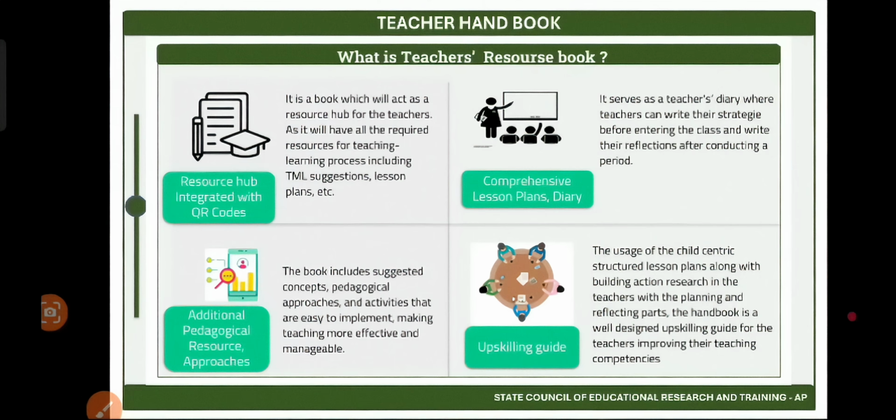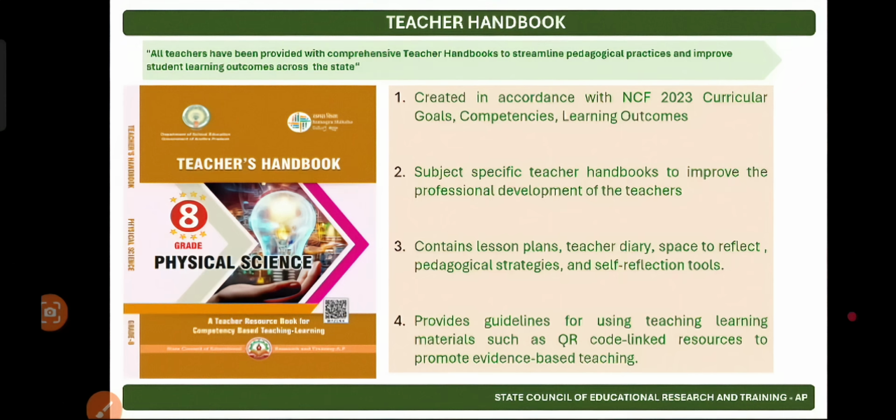Ultimately, the teacher resource book, the teacher handbook, is an upskilling guide, and we dispatched 51 handbooks with 490 plus chapters and 7,000 plus period plans. This handbook is prepared in accordance with the curricular goals, competencies and learning outcomes of NCF 2023, and also according to NEP goals, and it contains subject specific teacher handbooks to improve the professional development of the